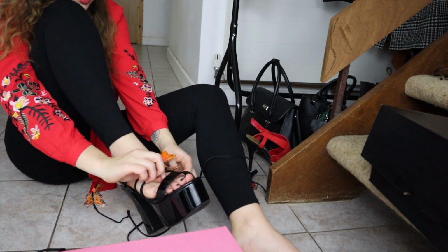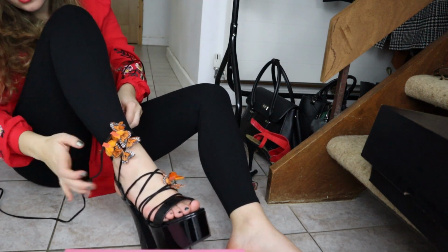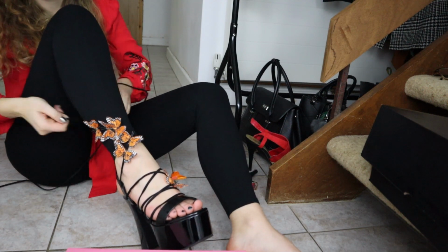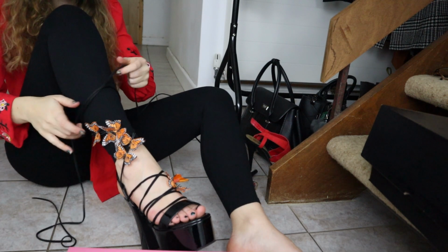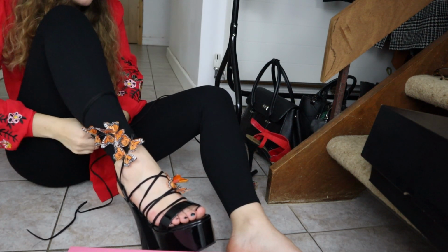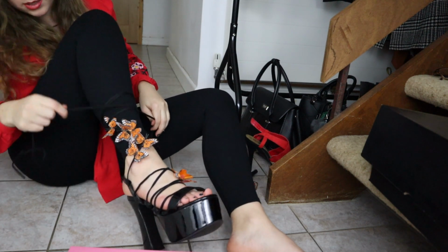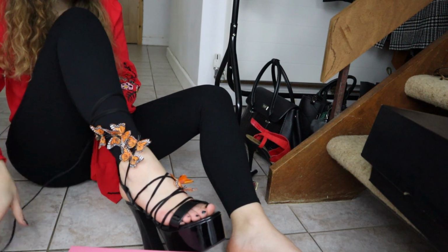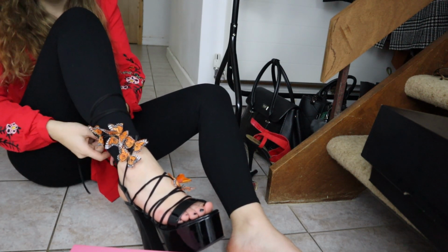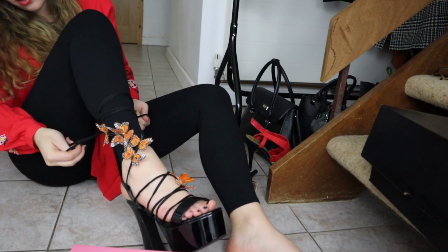Right, there's some more strings here. Flies. Ooh. I feel like I need to go to the Natural History Museum's butterfly garden wearing these and see how many butterflies get confused with my footwear. I don't actually know how to lace up shoes. I'm probably doing this horrendously wrong. Oh, I've trapped a butterfly. And they do come with replacement butterflies, so I guess that means these can fall off quite easily, but we'll see. Right, there is